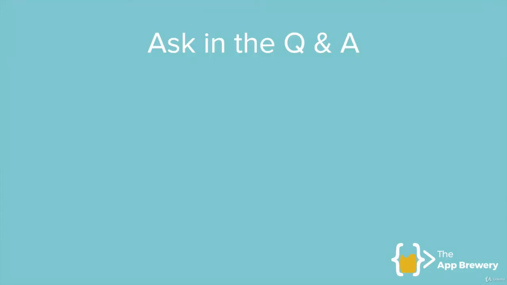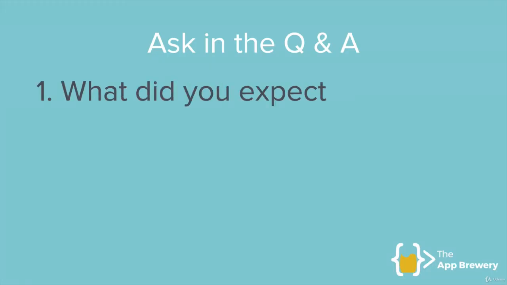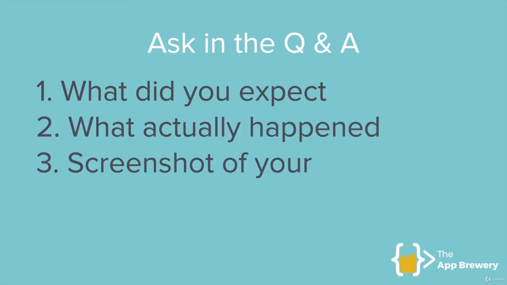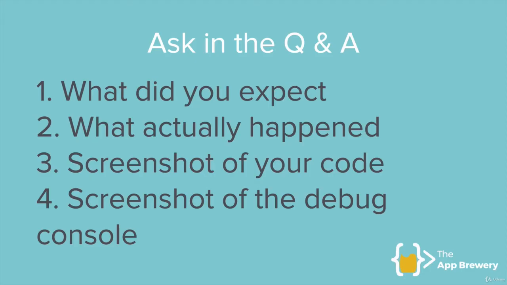Now, when you're asking questions in the Q&A, the way to get the most helpful responses and solutions is by following a 4-step approach. So firstly, tell us, so myself and other students, what did you expect to happen? Then what actually happened? And then include a screenshot of all of your code that corresponds to this situation, and then include a screenshot of the debug console that includes any errors,